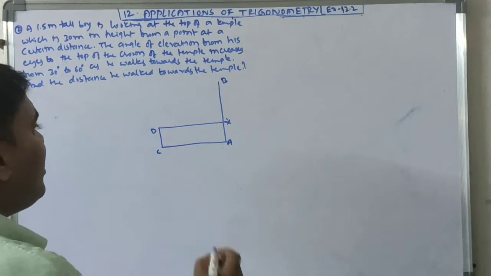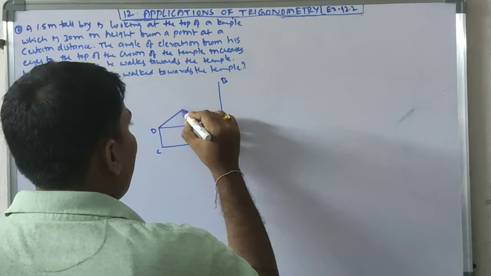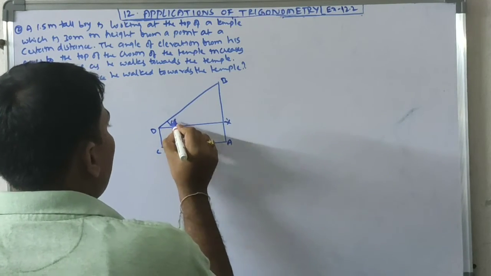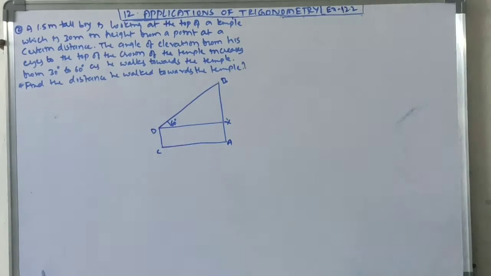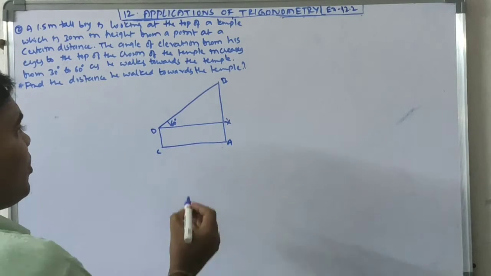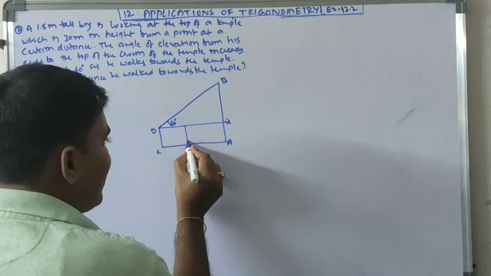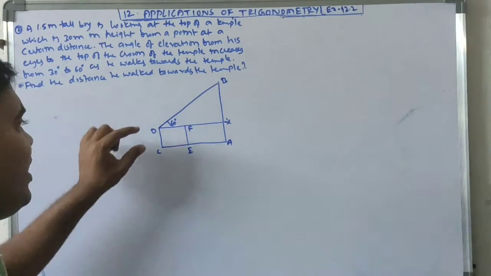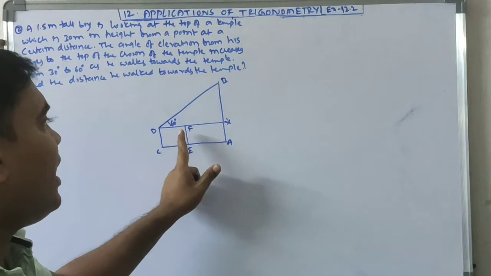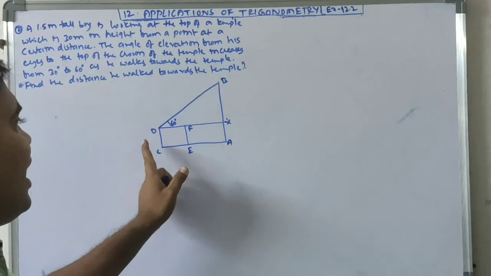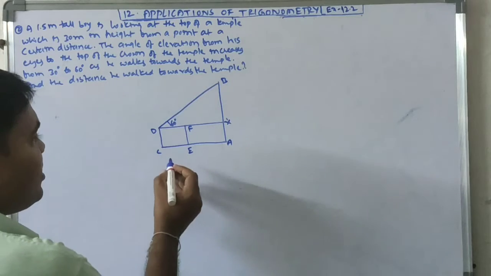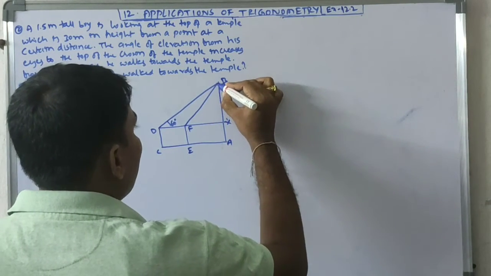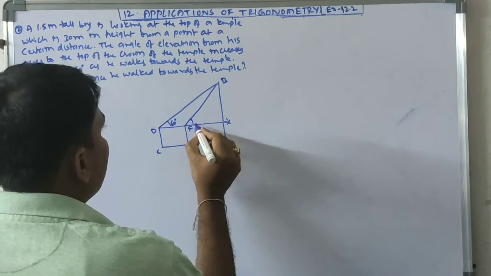Okay, so now I want to draw the line of sight. This is the line of sight. The angle is first 60 degrees. As he walks towards the temple, let us consider this is EF. So the height of the person is CD and EF. The heights are the same, but as he walks, how much distance? We don't know the distance. Then the angle of elevation changes between 60 degrees and 30 degrees.